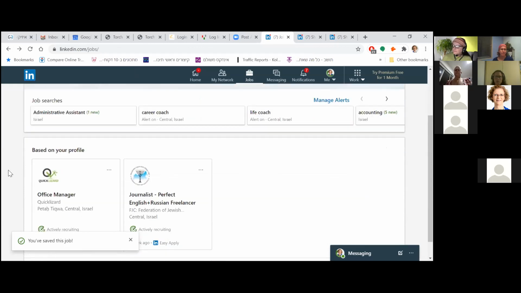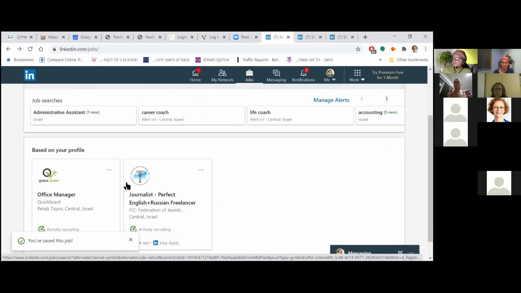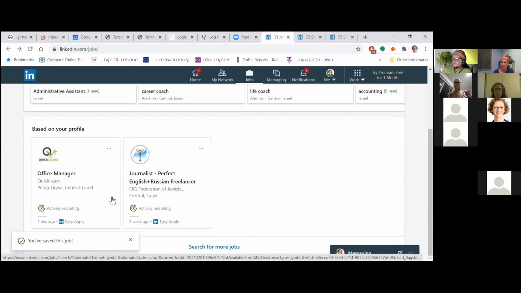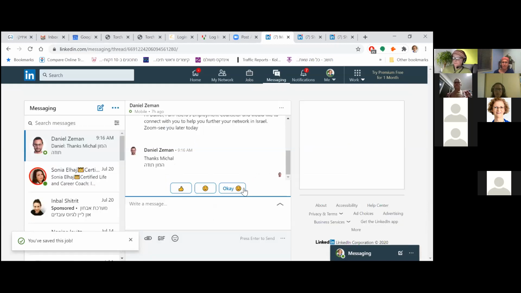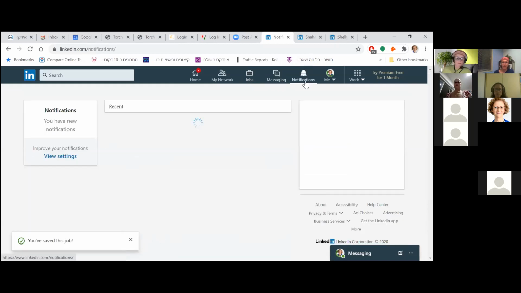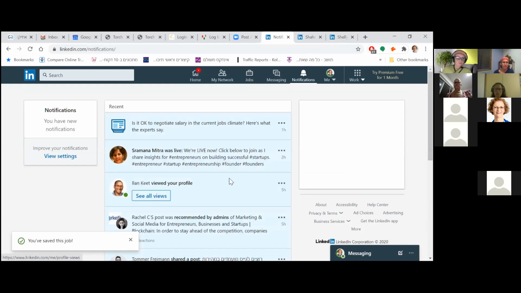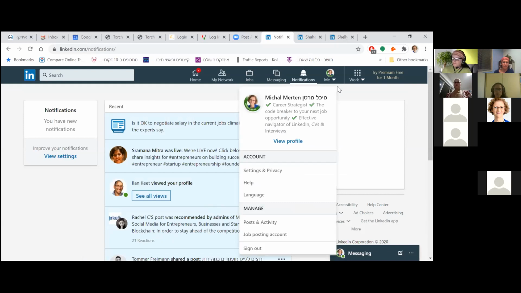Now, LinkedIn will also suggest jobs for you based on your profile. So again, it is so important that your LinkedIn profile is really complete. The more complete it is, the better use you can make of it. You can message other people on LinkedIn, and you get notifications on people's birthdays on one hand, but also on interesting posts. So that's a nice feature. Last but not least,